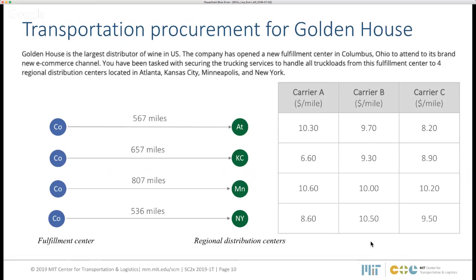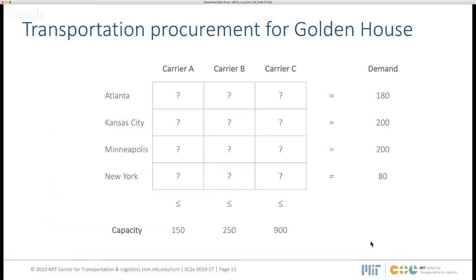What you need to do is decide how you're going to allocate the different lanes to Atlanta, Kansas City, Minneapolis, and New York to the different carriers. So basically the allocation of the loads that you have to send through these lanes. For the first part of this problem, we have only 2 constraints. The first one, of course, is that we need to satisfy demand.